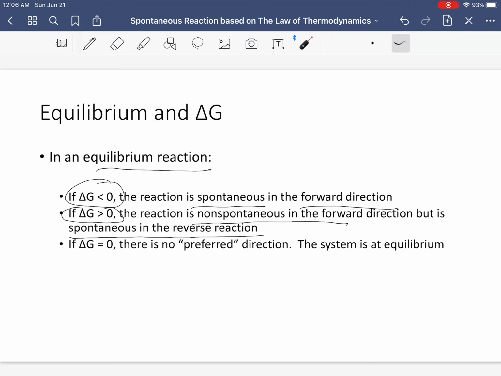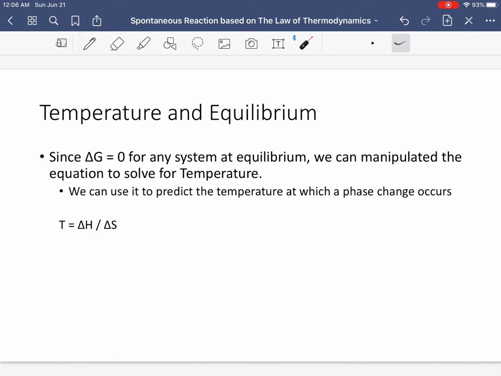Now, how does this pan out? Why is this useful? Why do scientists want to know about this? Well, it has something to do with temperature. Because if delta G is equal to 0, let me just prove this to you. Eventually we'll end up here. So this is the